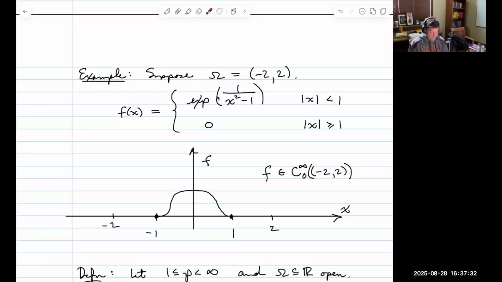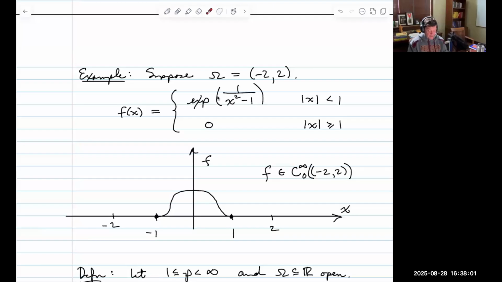To figure out what the derivative is from this side as I approach 1 or I approach -1 from above, well, I have to do a limit there. And it's pretty easy to show that all of the derivatives of all orders at -1 and +1 are exactly equal to 0. So this function turns out actually to be a C0 infinity function,